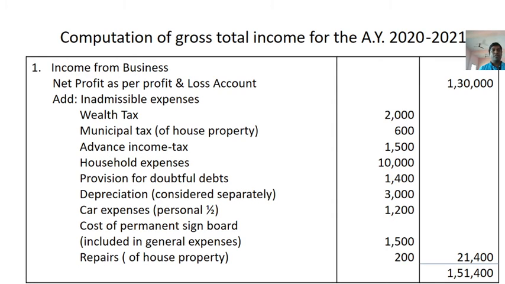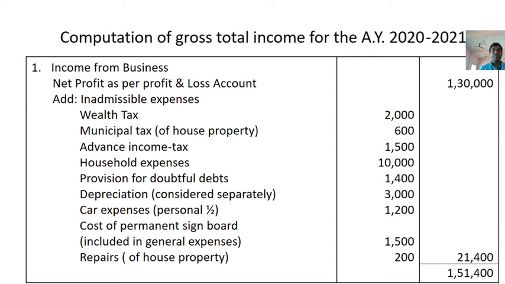Given problem 1,30,000, add inadmissible expenses like wealth tax 2,000, personal expenditure disallowed, municipal tax of house property 600, this is expenses related to other head disallowed, advance income tax 1,500, it is related to personal expenditure disallowed, household expenses 10,000, this is personal expenditure disallowed, provision for doubtful debts 1,400, this is general item disallowed, depreciation considered separately 3,000 disallowed, car expenses, so half of the car is personal use, so 1,200